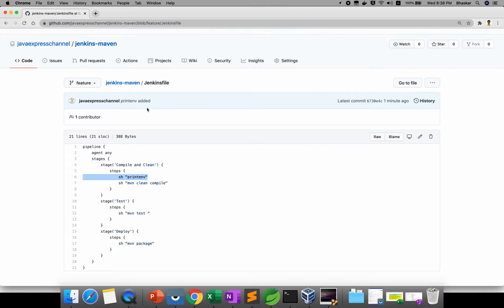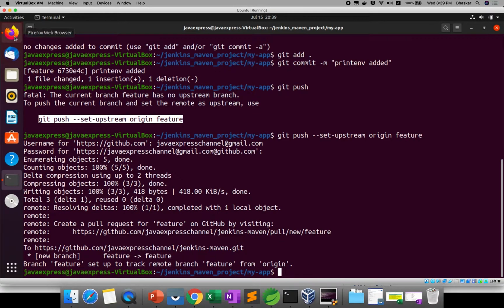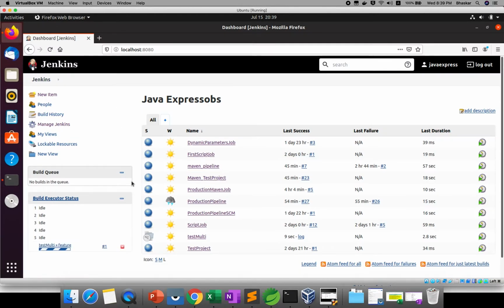Now I need to run all branches in my Jenkins job, and it should trigger automatically. How? Go here and create one job. The Jenkinsfile must be present in your repository, and we already created that part.